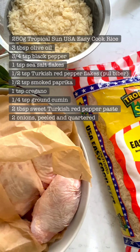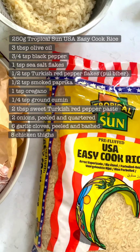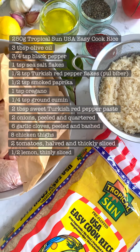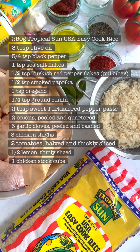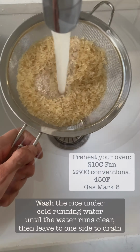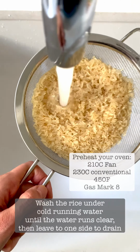You'll need 2 onions peeled and quartered, 6 garlic cloves peeled and bashed, 8 chicken thighs, 2 tomatoes halved and thickly sliced, half a lemon thinly sliced, 1 chicken stock cube dissolved in 600 millilitres of boiling water and 3 bay leaves. Wash the rice under cold running water until the water runs completely clear and leave it to one